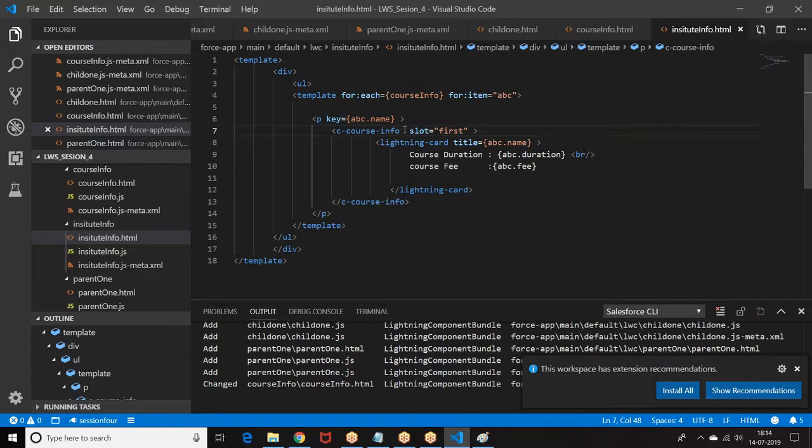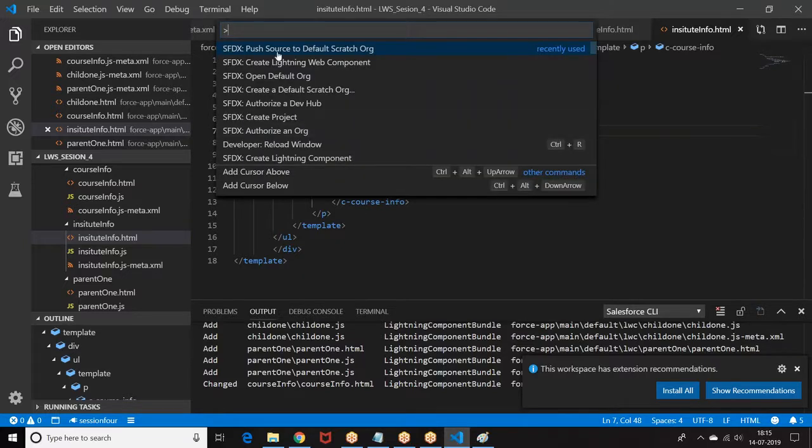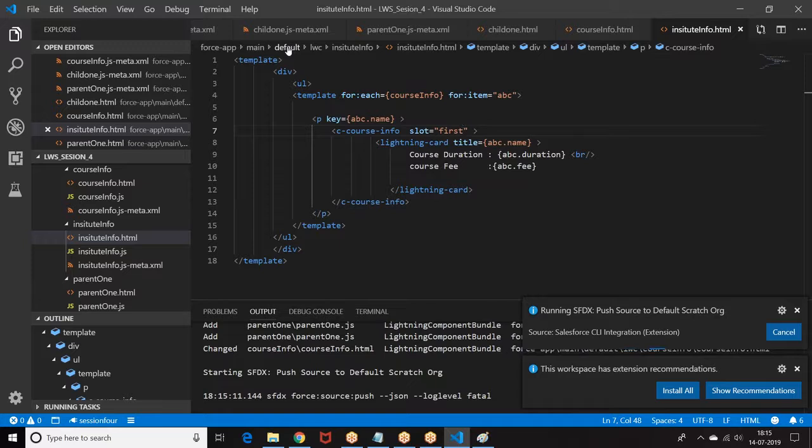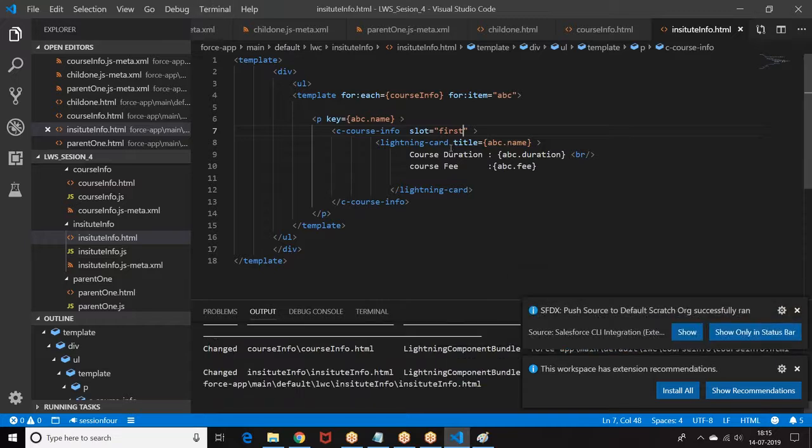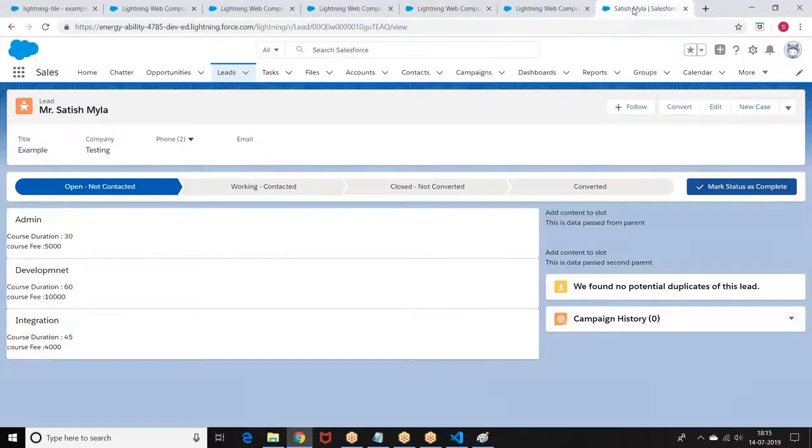Now let me push this. Push it to the scratch arc. It should be within the body. Okay. Let me run it again.